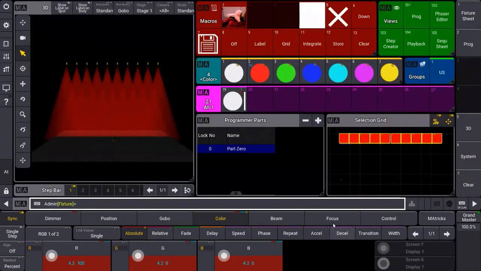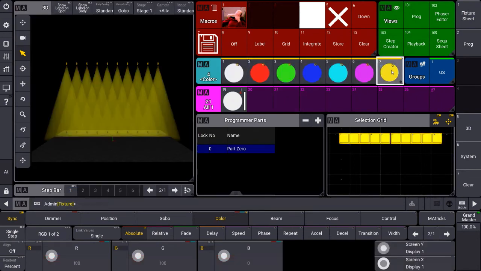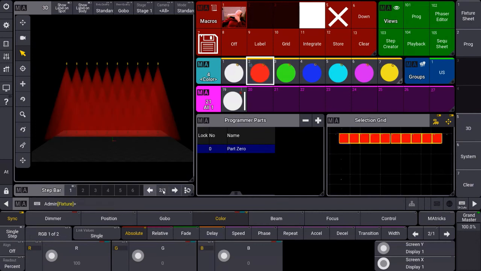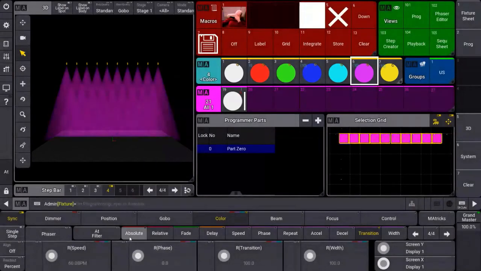I have this red, and then my next step, I want to use, let's say, yellow. Oops, I forgot to set the degree. So that's my step one. And in step two, I want to integrate yellow. And in step three, I want to integrate blue. In step four, I want to integrate magenta, whatever, this doesn't matter. So I can keep doing it as much as I want. And if I were to set a phase,